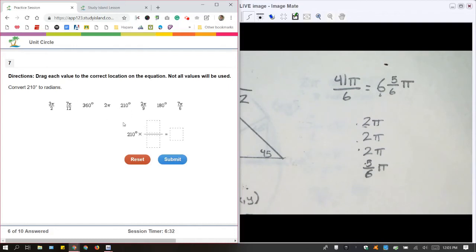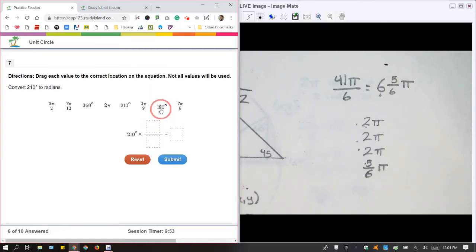So all you have to do is, we're just building a proportion in this problem. So if you have 210 degrees, what you can multiply that by is 1 pi over 180 degrees. But I don't see that as an option here. I see my 180 degrees, but I don't see 1 pi. I could do 210 degrees times something number of pi divided by 180, but there's no 1 pi option, so